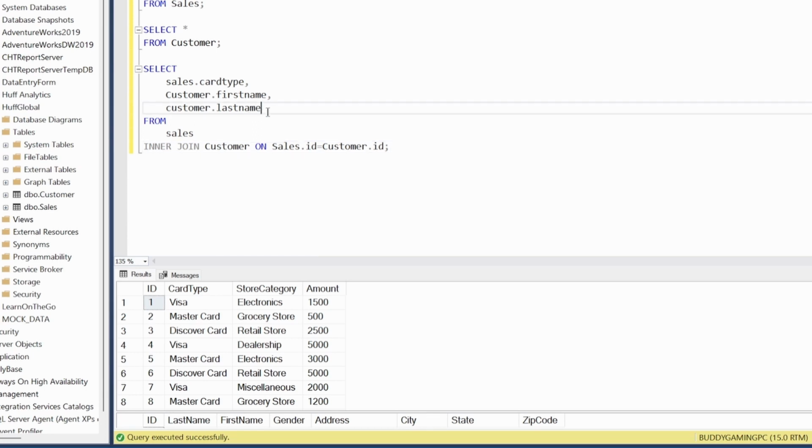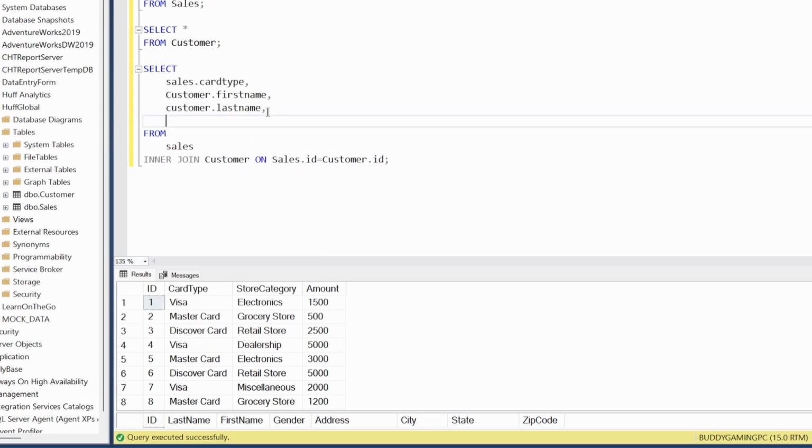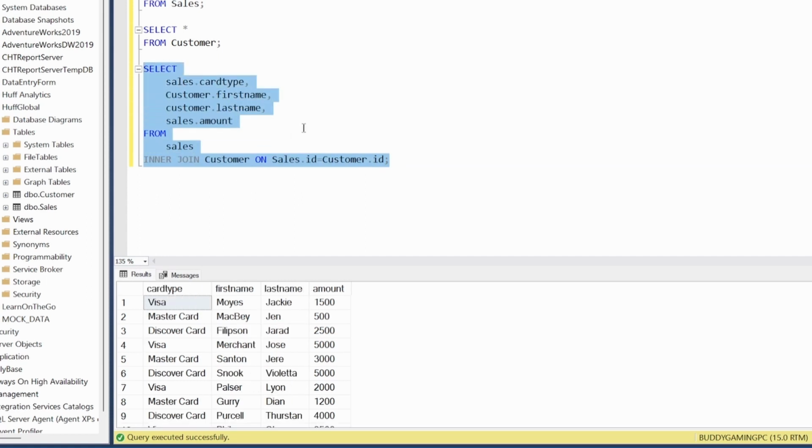If we drag this back down, the beautiful thing about joining tables is that now that we've joined tables, if we want to add more select statements, we can come here and do a comma, and let's say we wanted to add the amount. So we just go to sales.amount, and we do an F5 here, and now we've been able to add the amount without having to redo our entire select statement. We just simply added sales.amount,